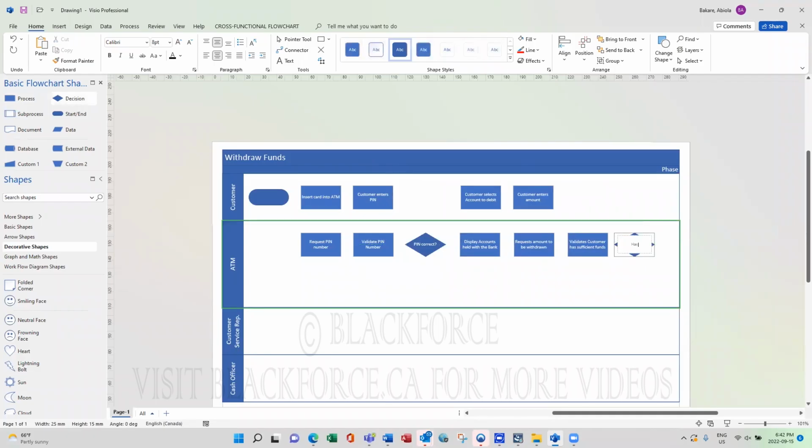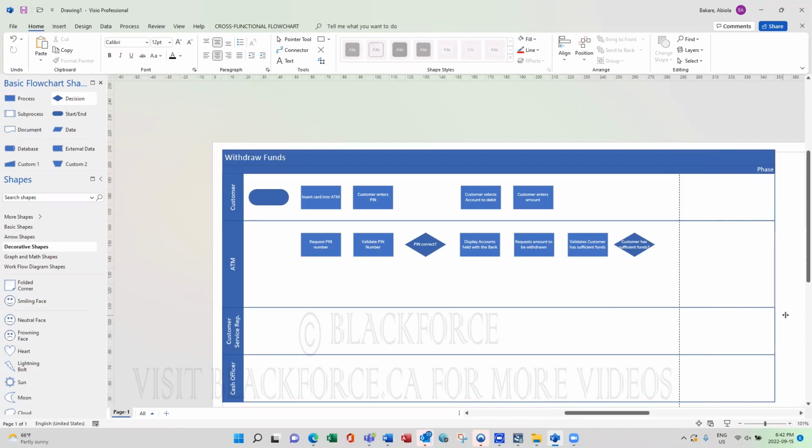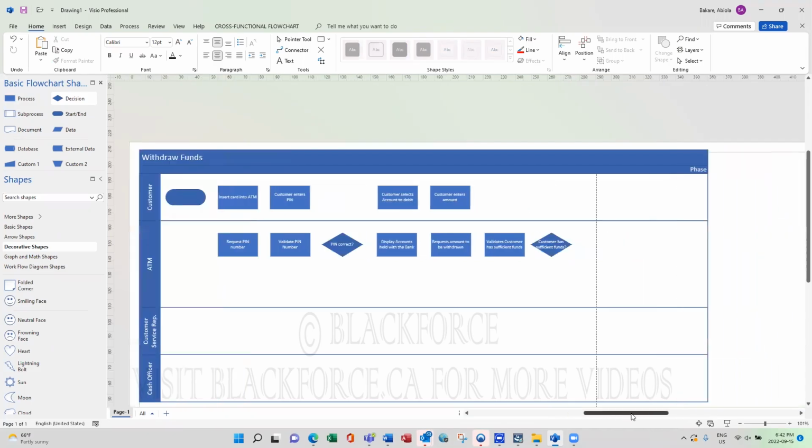Customer has sufficient funds. So let's think about the happy path. Customer has sufficient funds. What happens next? Denomination. Okay. It must have been really long since I used an ATM. I don't remember the denomination thing, but